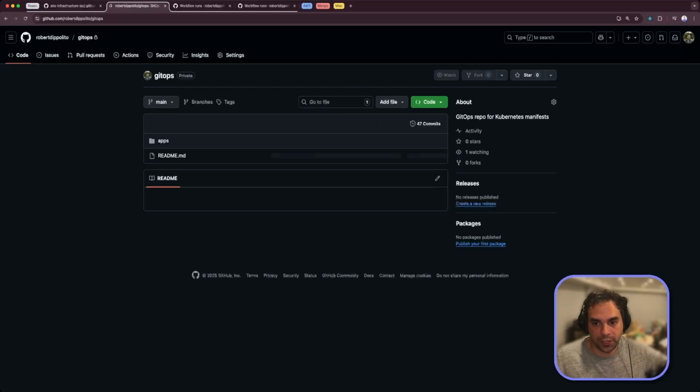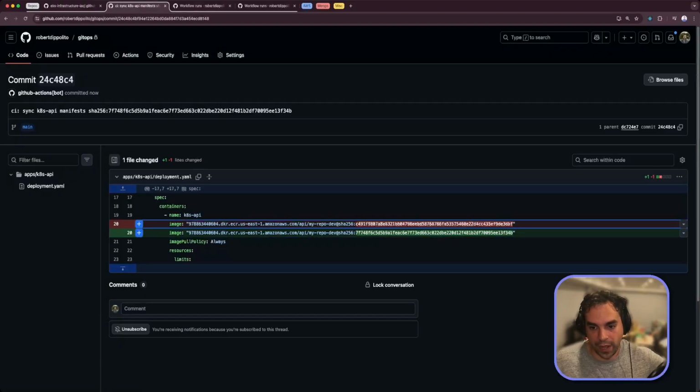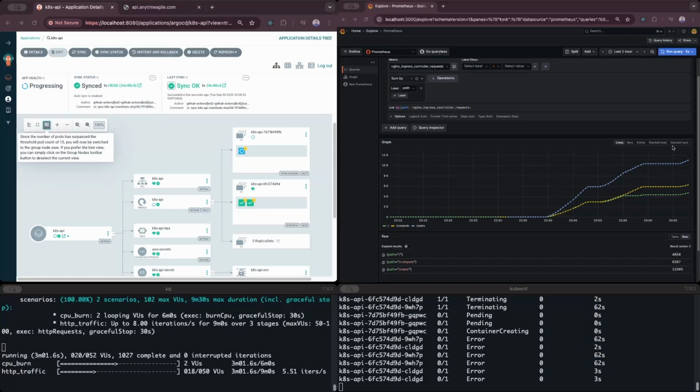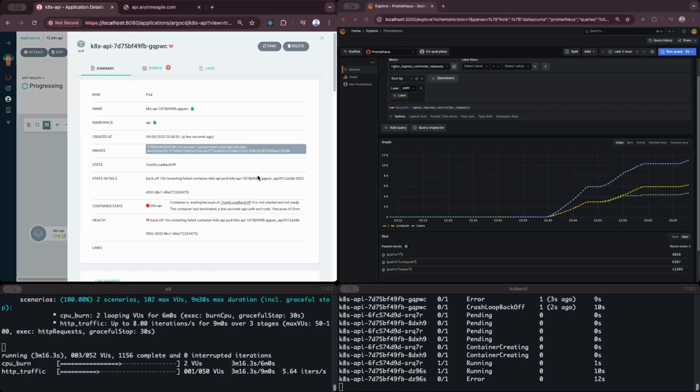So if I refresh here, we can see a new commit. In that commit, we have a new hash, 7f7, and we have some new pods. So actually we see the sync just happen. So we see this new pod coming online, and we see an old pod being taken out. And so in a similar way, we have an issue with this pod. So I look here, take details,